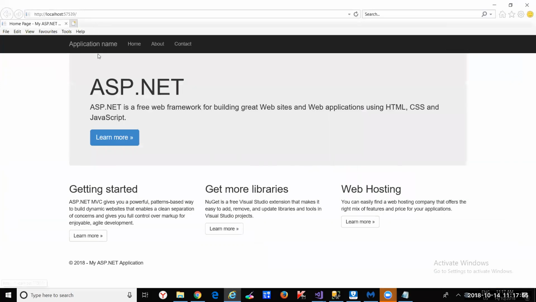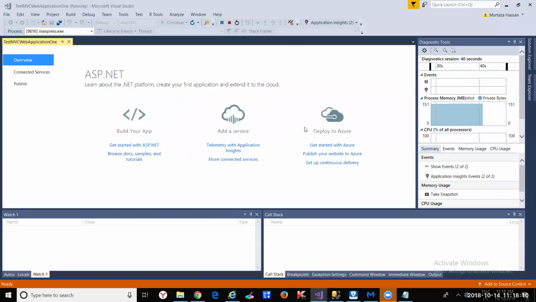All right, it's done this template for us. So this is the ASP.NET MVC template. Now where is it getting this data from? How is this getting populated? Okay, so the way it gets populated is if we go back to the